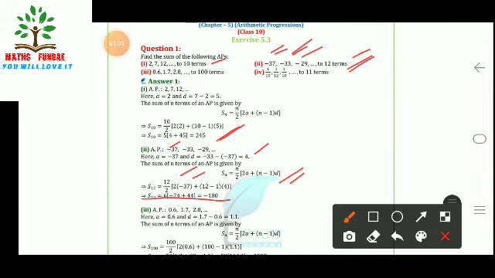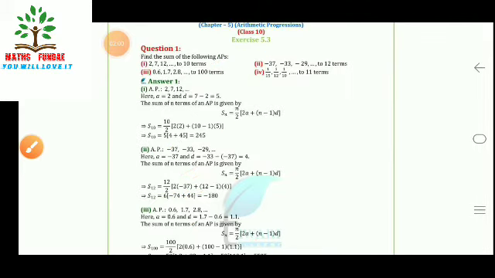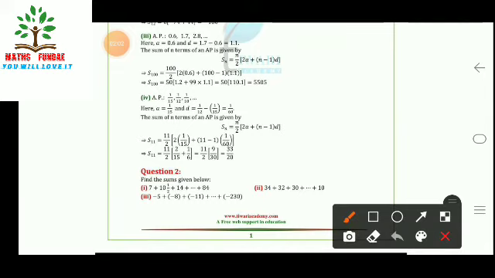Then in the third part, we can see here the AP is given as 0.6, 1.7, 2.8, and so on. So a is equal to 0.6, d is equal to 1.7 minus 0.6, that is 1.1. So the sum of the n terms of an AP is given by Sn is equal to n upon 2, 2a plus (n minus 1) into d. Since we have to find up to the 100th term in the third part, n is equal to 100, so using the formula S100 is equal to 100 upon 2, 2a plus (n minus 1) into d. So what we are getting here, we can see S100 is equal to 50 within bracket 1.2 plus 99 into 1.1, that is equal to 5505. That is the answer.